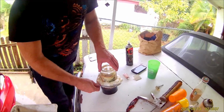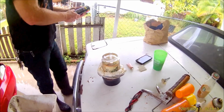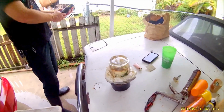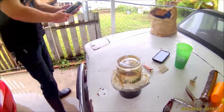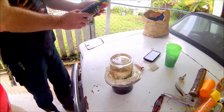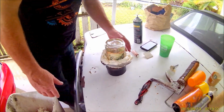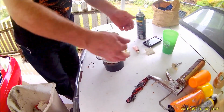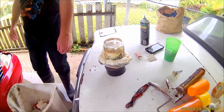Okay, so we need to let this set up, and this isn't going to take all that long. Tack-free in 15 minutes, completely cures in 8 hours. That's all right, that's better than 24. Right, in 15 minutes it'll be enough to where I can trim the top of this off, and it'll be nice and smooth. It's going to look kind of funny, but...